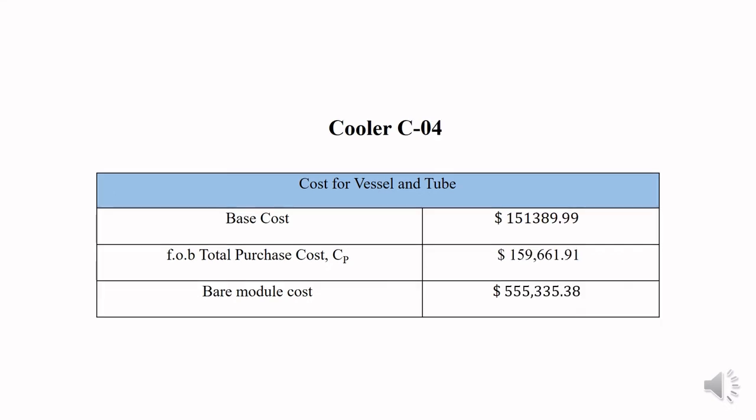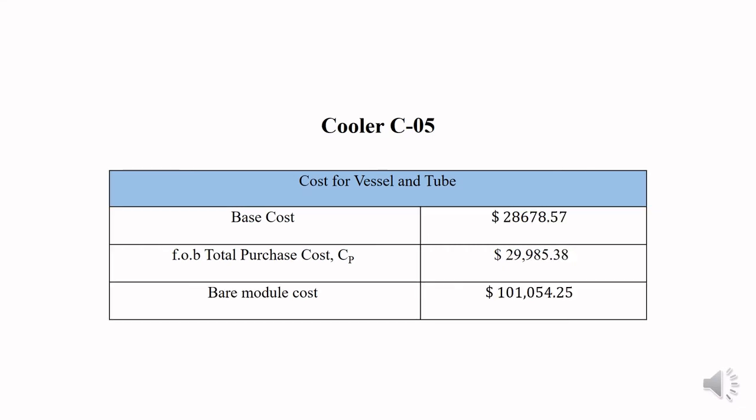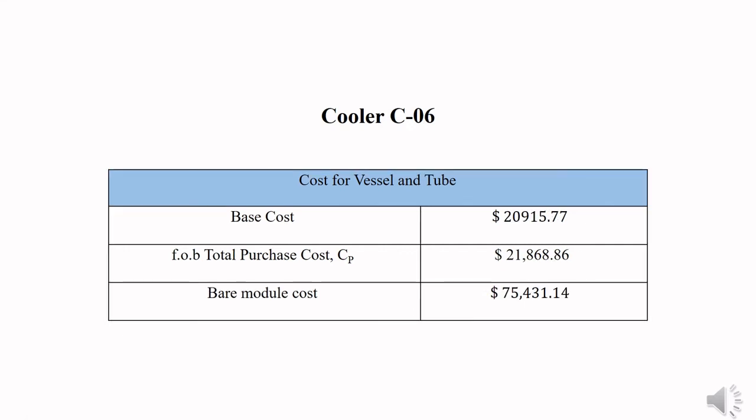Next is bare module cost for cooler C04, which is $555,335.38. And for cooler C05, the bare module cost is $101,054.25. And the last is cooler C06, which the bare module cost is